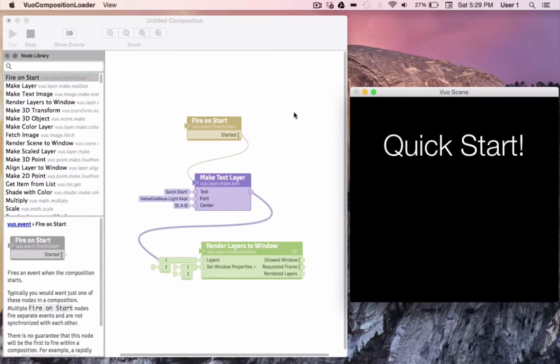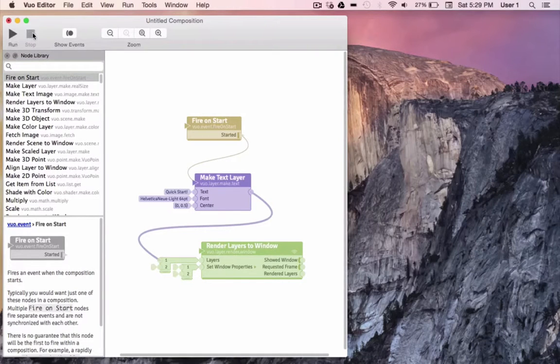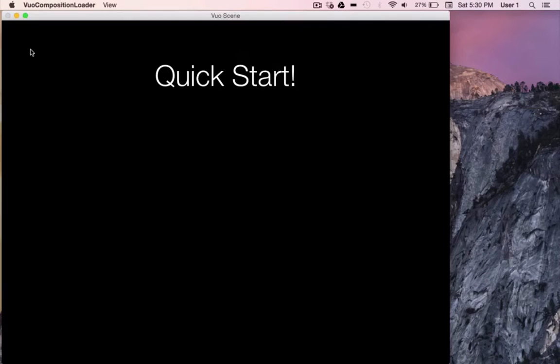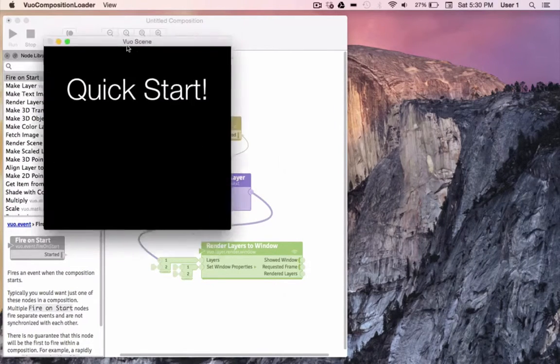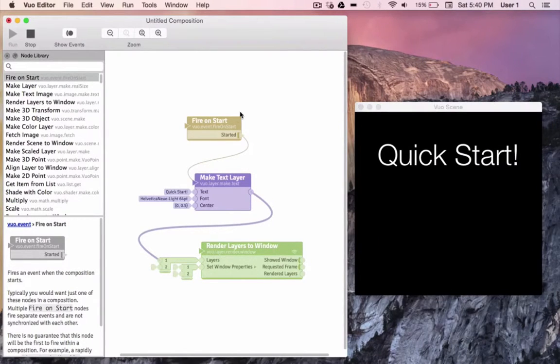Okay, now let's walk through what happens from the very beginning. We'll stop this composition, and now I'll click Run. When the composition started, Fire on Start fired an event out of its started port here.